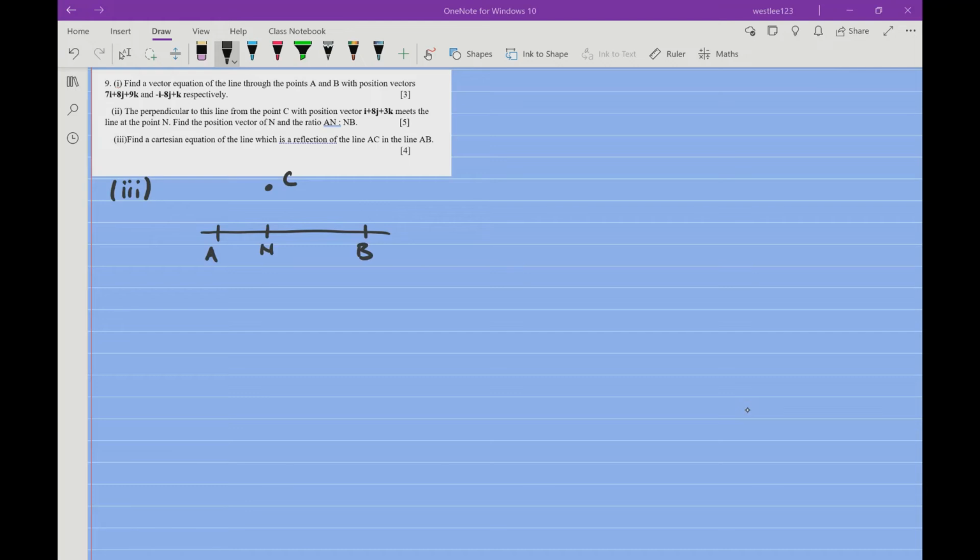For part 3, we are supposed to find a Cartesian equation of the line which is a reflection of the line AC in the line AB. So in the diagram, AC is here. All right, this is AC. So the reflection of AC about the line AB will be this line over here, passing through C prime, which is a mirror reflection of C in the line AB as well. Okay, so